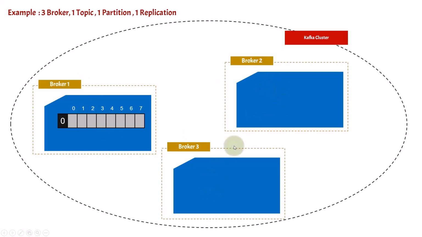Even though there are multiple brokers, since the replication factor is only 1, the partition 0 will be present here on broker 1 only. And this is called the leader partition. Since partition 0 is present here only, it is called the leader partition. Why is it present only on broker 1, even though we have multiple brokers? We are not using these brokers because the replication factor is set to 1. So now I think you have understood: if the replication factor of the topic is 1, all the partitions will have only a single instance, and that single instance will be called the leader.